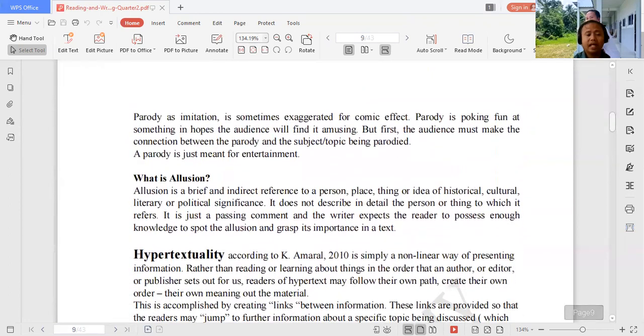All right. So what is allusion? Let's ask Merriam Dictionary. Allusion, it says here, is an implied or indirect reference, especially in literature. Right. So we're going to get an example of what allusion is.